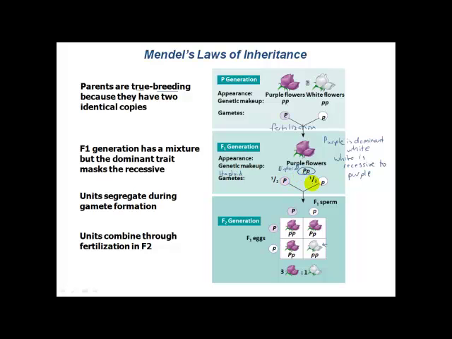And if we allow plants at this F1 generation, all producing half and half purple and white alleled gametes, to fertilize and to cross-pollinate in every possible combination, we can symbolize and depict the potential offspring that could result from that cross using this grid structure that's referred to as a Punnett square.